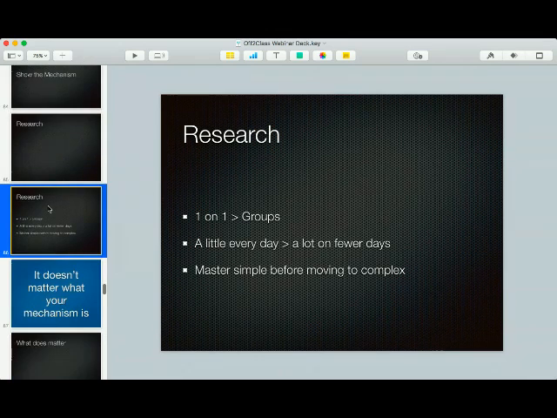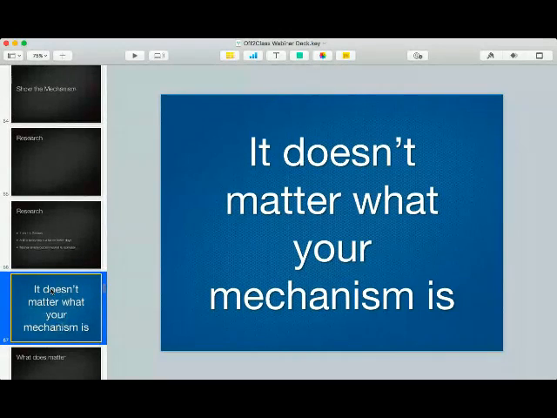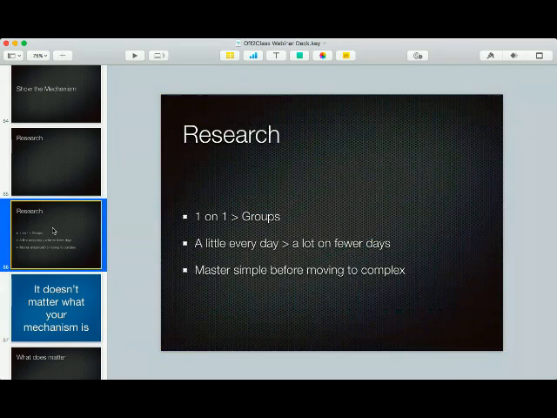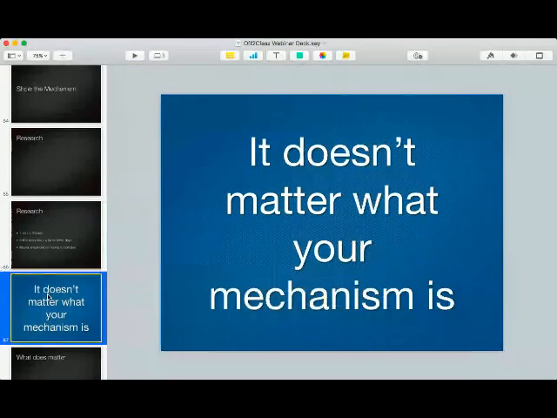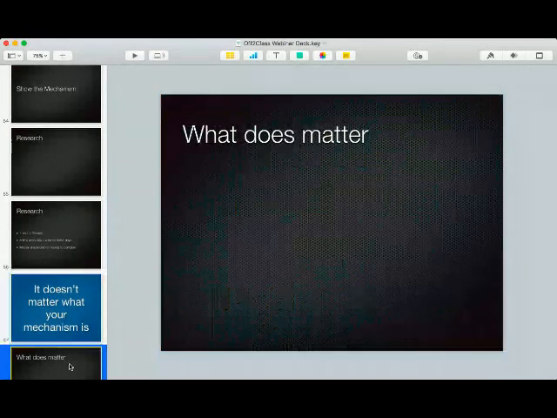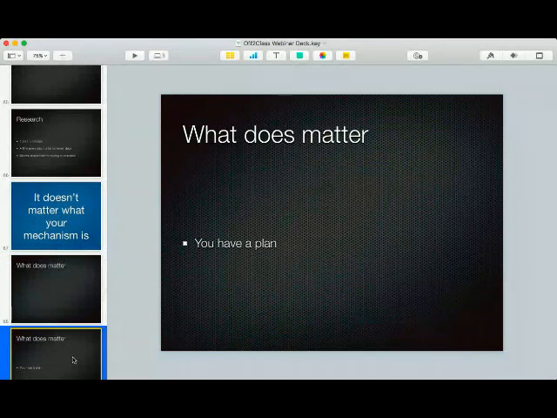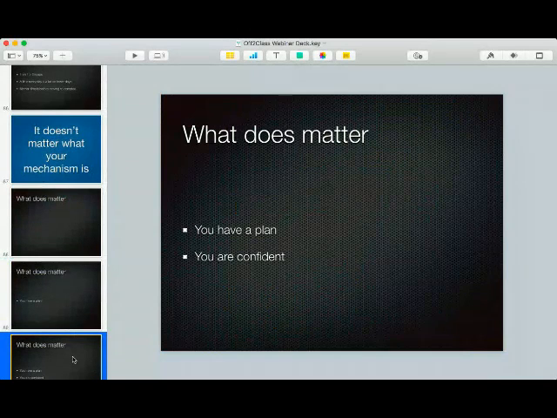So the moral of the story is that it doesn't matter what your mechanism is. It doesn't matter if you like to do role plays. It doesn't matter if you like to read stories, do blog articles, make outlines, make mind maps, whatever it is that you feel you are most effective doing, do that. Because if you're following these three things, then you're good. Some things will work for some students, some will work for others. And what does matter, this is what's really important, is that you have a plan, that you're confident,